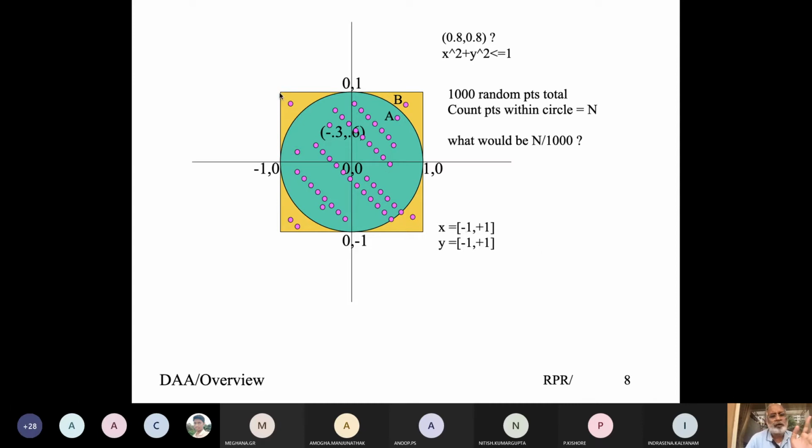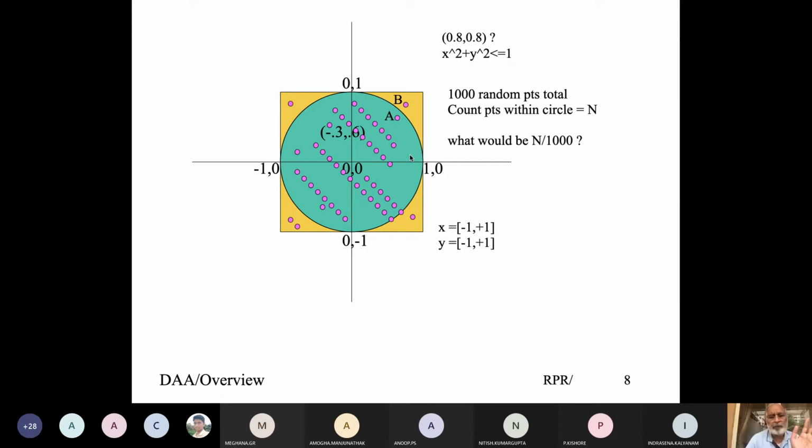So I can assume that the 1,000 points will roughly represent the area of the square. Out of the 1,000 points, using this equation, I count the number of points n lying inside the circle. If x square plus y square is less than 1, it is inside the circle. If it is greater than 1, it is outside the circle.